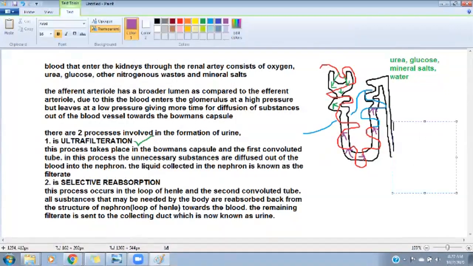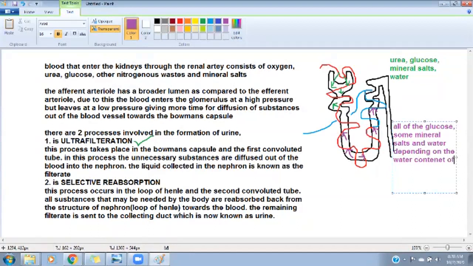ठीक है, ये लिखते हैं: definitely all of the glucose, क्योंकि ग्लूकोज की अल्टीमेटली बॉडी को ज़रूरत होती ही होती है। ठीक है, some mineral salts, definitely जिनकी बॉडी को ज़रूरत है, and water, depending on the